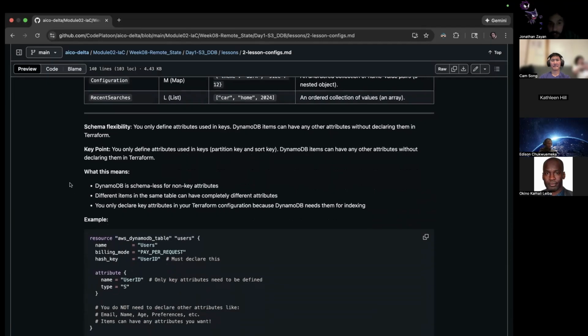So some of the other terms that you do need to know, there's schema flexibility, which is you only define attributes used in the keys. DynamoDB items can have any other attributes without declaring them in Terraform. Oh, yeah, it's saying what we said before. So essentially,